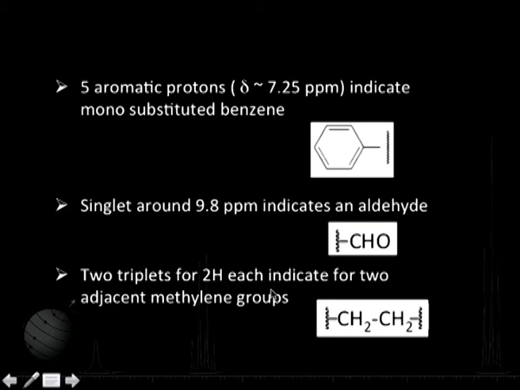1 ppm. Now, if I look at these 2 methylene groups there, since there are 2 triplets for 2 protons each, they indicate that we are dealing with 2 methylene groups in the neighborhood of each other. So, this will give me a triplet because of these 2 protons, and this will give me a triplet because of these 2 protons over there. So, there are 3 fragments I have identified on the basis of the spectra I have seen there.